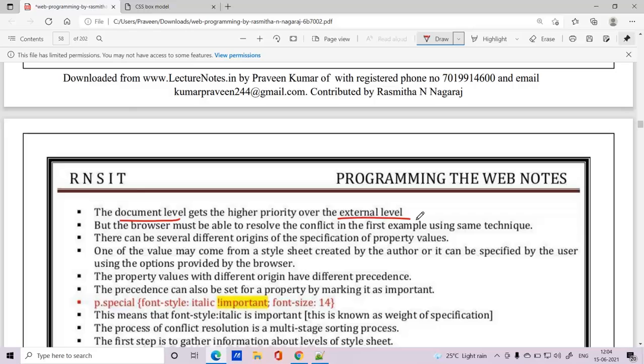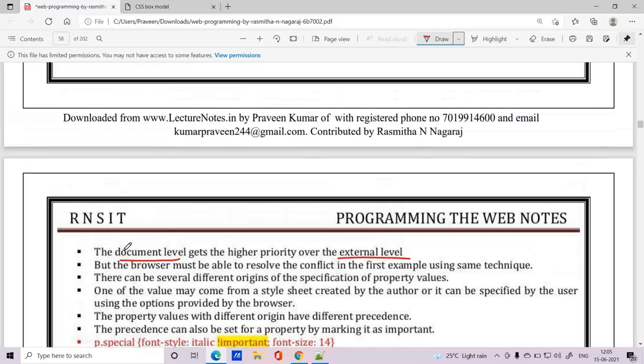External level we have discussed by using a link tag, using files which are designed externally to our web page. It's the browser's responsibility to resolve the conflict. So that is one type of conflict that we can come across.